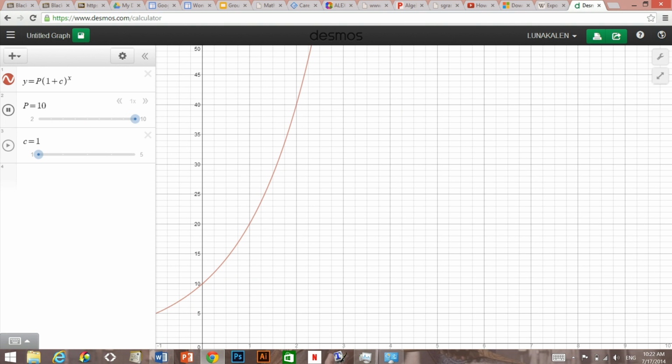So we notice that. Let's pause that, and we go back to 2. Now let's say we change the rate. We're going to increase the rate from 1 to 2. You saw how the graph got more curved in, as you could say. It moved a little bit more up, but it also moved closer to the y-axis, which shows us that the more we increase the rate, the more of a jump in population we're going to have over a small period of time. So noticing that if we increase the rate and if we increase the population,